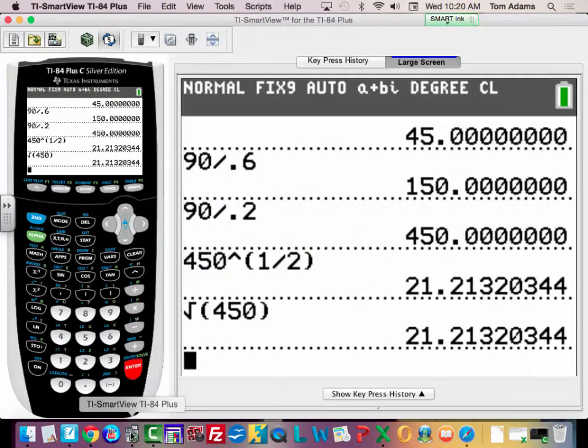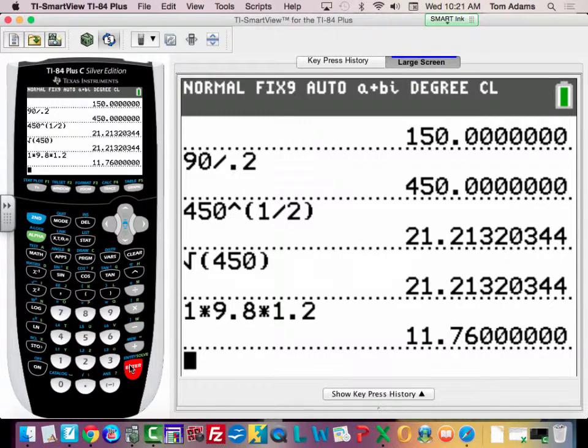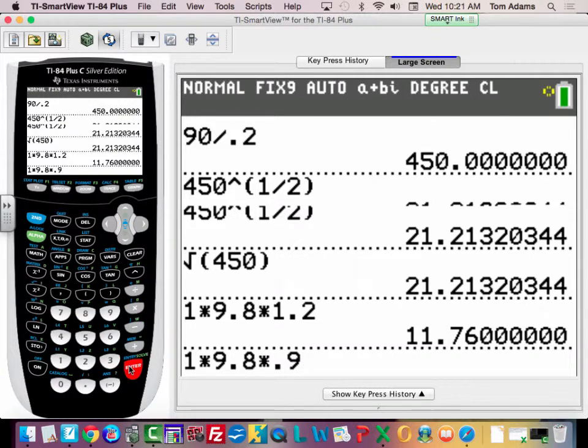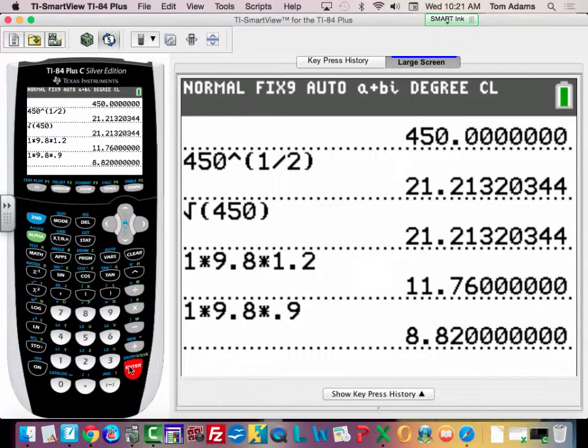If I pull up my calculator and I say 1 times 9.8 times 1.2, I get 11.76. Now if I say 1 times 9.8 times 0.9, I get this. And really, they just want to know the difference between those two numbers, right? What's the difference in potential energy? So I'm going to say